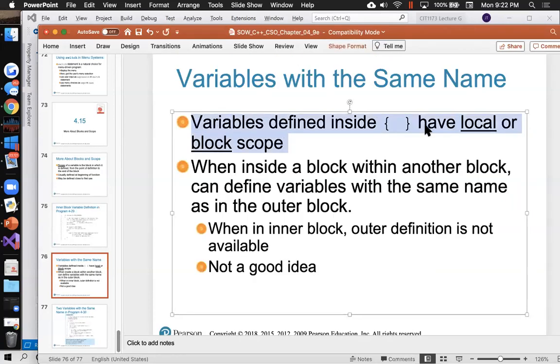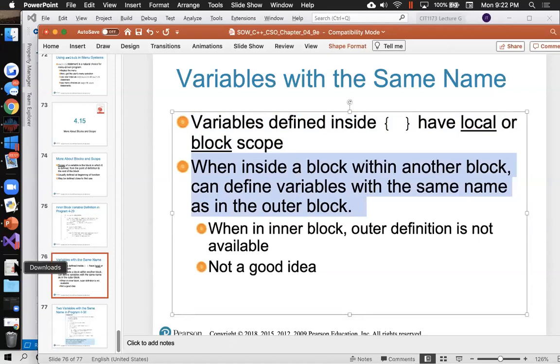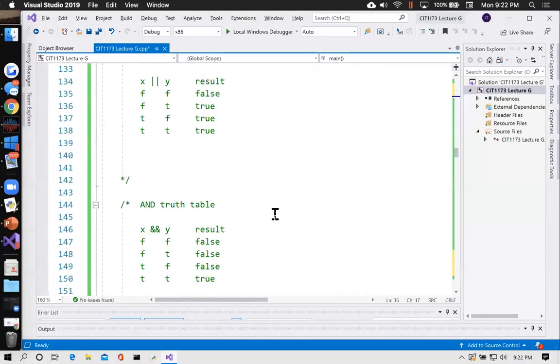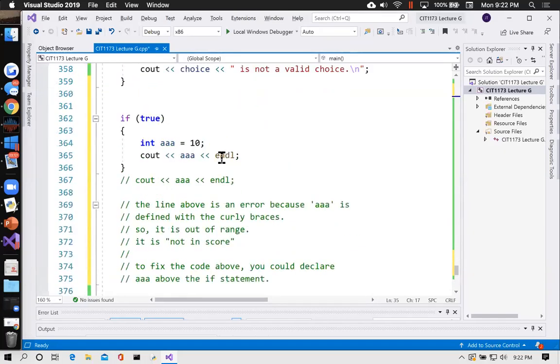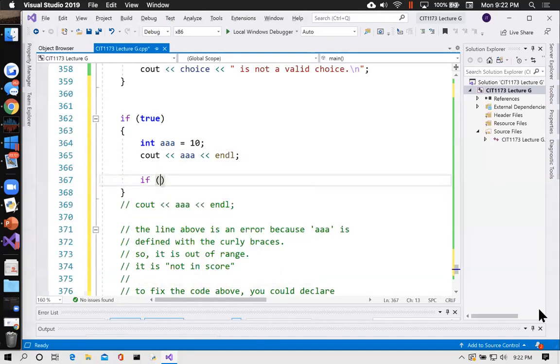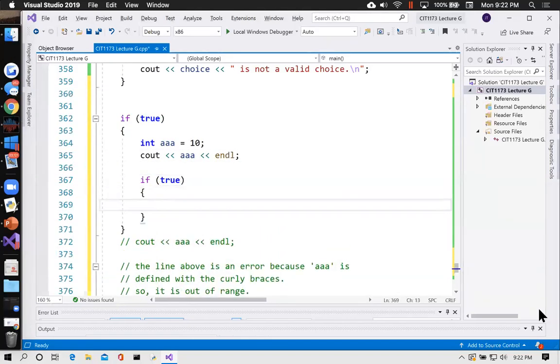Variables declared inside braces are called local or block scope. I don't use that term, but I use local. So everything in the program that I wrote is a local variable, except for that global variable up at the top. In this language, if you have a block inside a block, you can have variables with the same name. What do I mean by that? If I come down here, I'm looking for that code that said if true. And then if I did another if statement, and I did string AAA is equal to whatever,